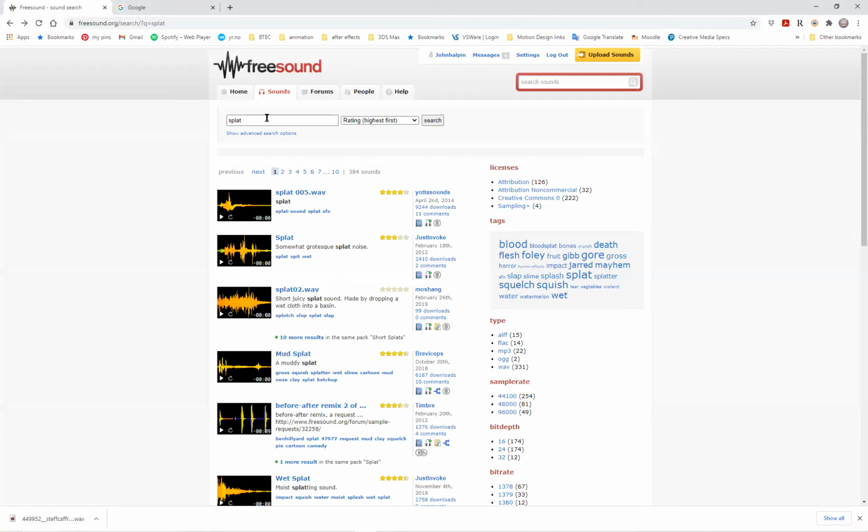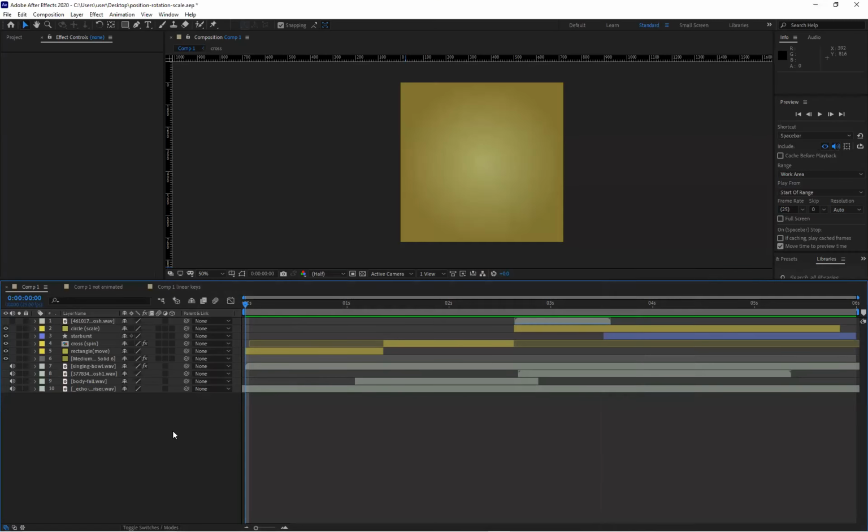So in freesound.org, you can log in and you can search for various words like thunk, splat, whoosh, etc. And search by whatever terms you want and find little clips which you can play and download and import them into After Effects. So I've imported 4 different sounds here, which collectively give us